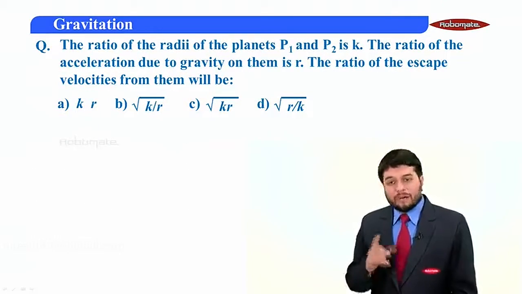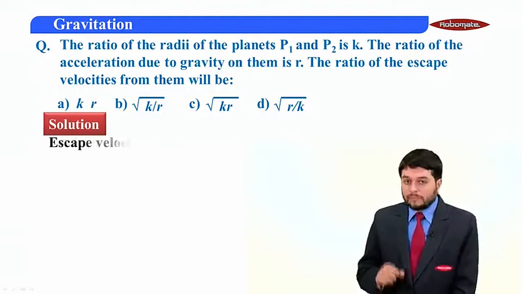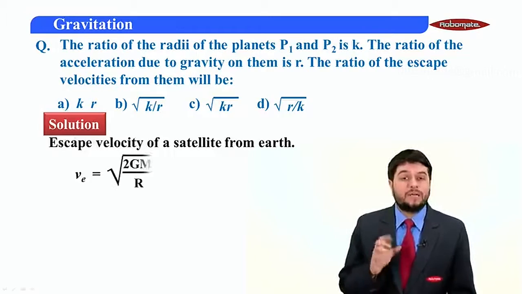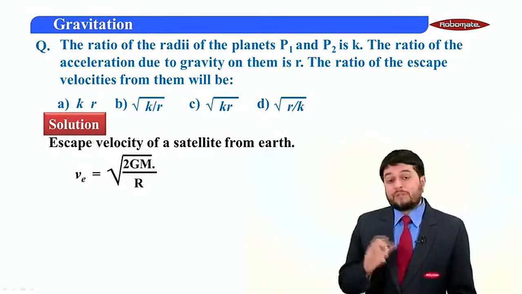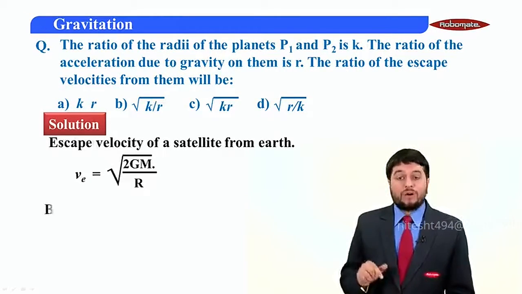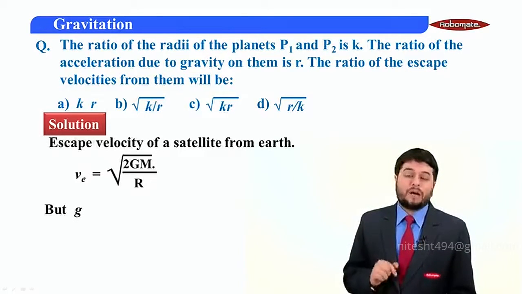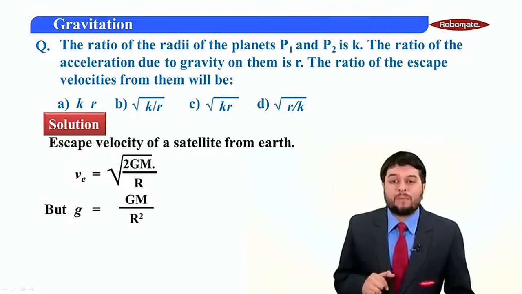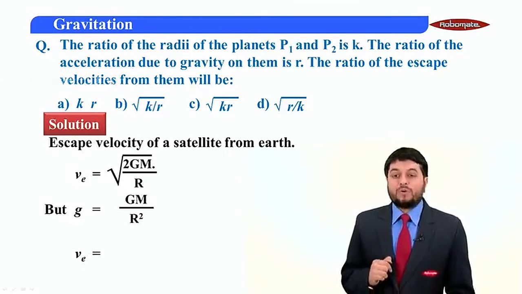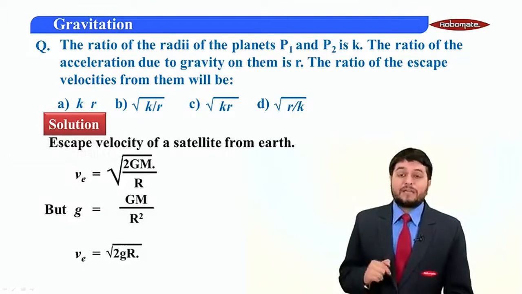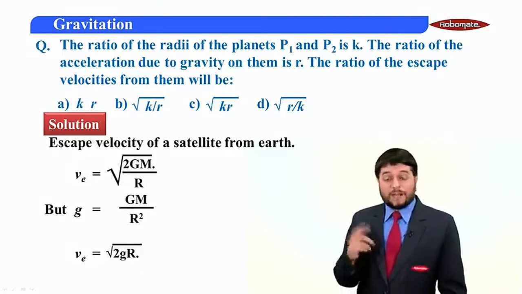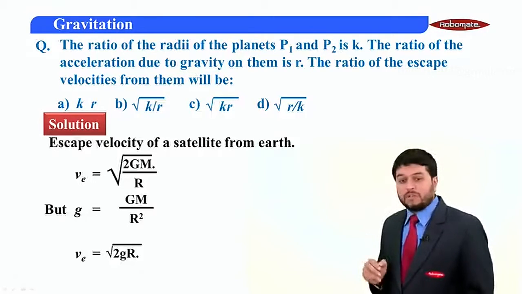Now we start with the question. The ratio of escape velocity. What is the formula for escape velocity in terms of small g? In terms of capital G, you remember it is root of 2GM upon r. You know, small g is GM upon r square. So if I substitute in place of capital GM, g r square, I finally get the formula for escape velocity as root of